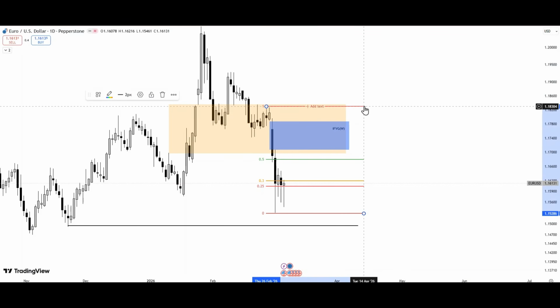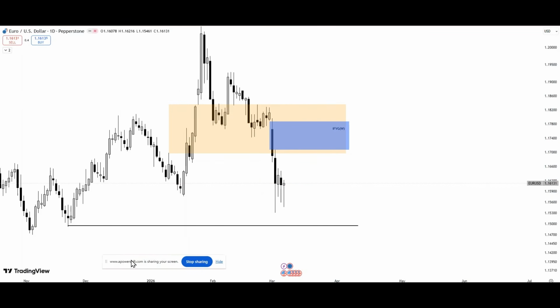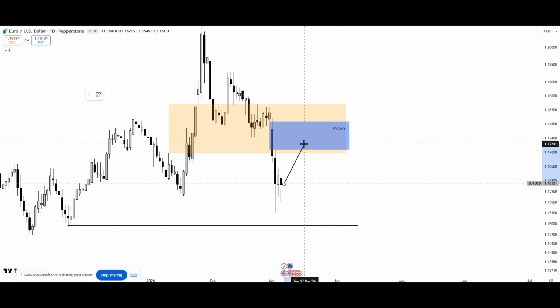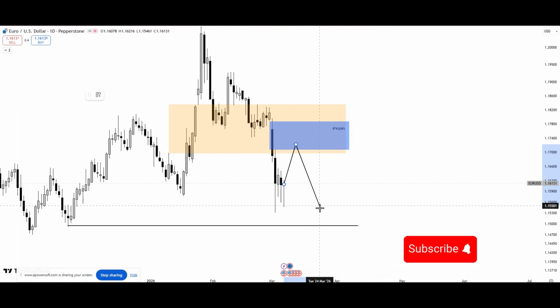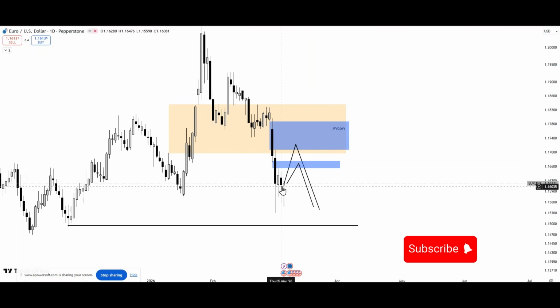So yeah, if you're going to get a pullback before we continue with the bearish move, which I anticipate, I'll want to see price retrace to this daily fair value gap, which is also in line with the weekly inversion fair value gap before we continue with that bearish move. I know there's a tiny fair value gap down here. I also see it. There's also a potential that price can still use this to push price lower. However, for me, high probability, I honestly want to see us get that deeper retracement to this weekly inversion fair value gap and also tag this daily fair value gap before we see that bearish momentum.